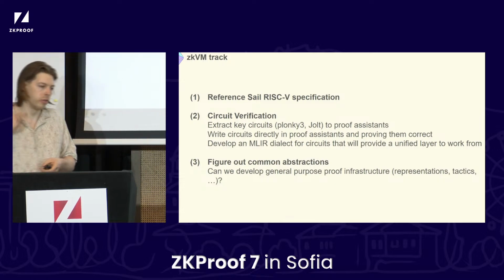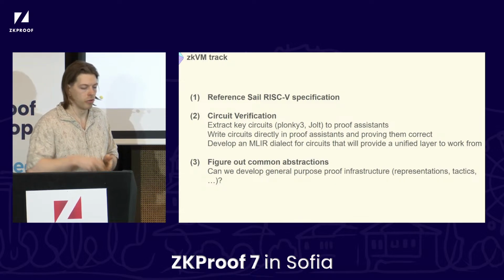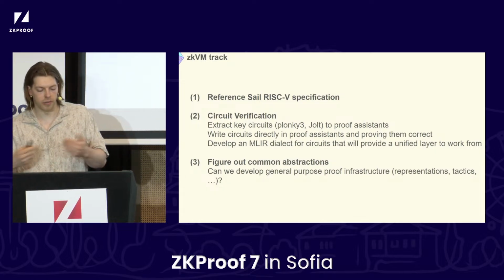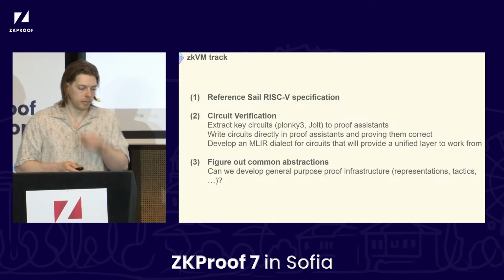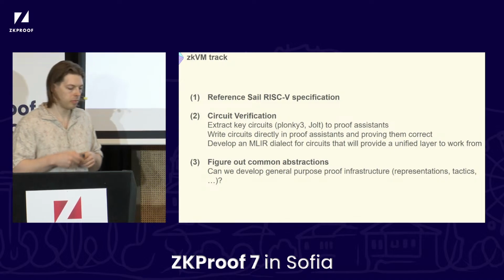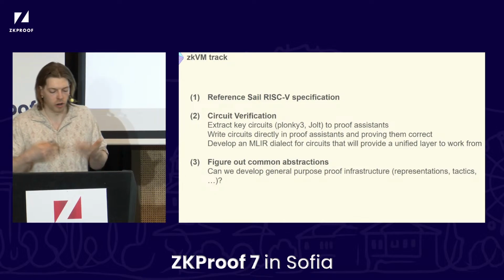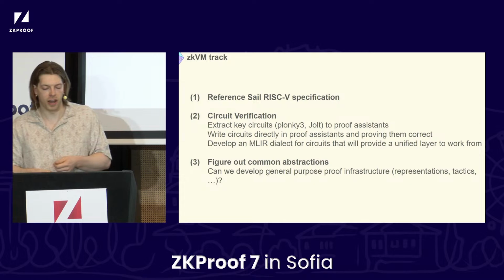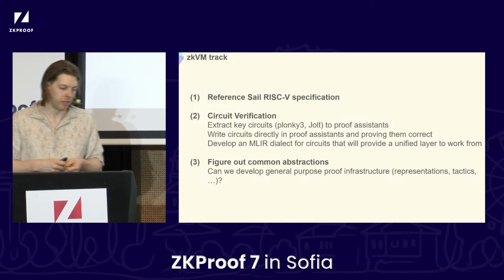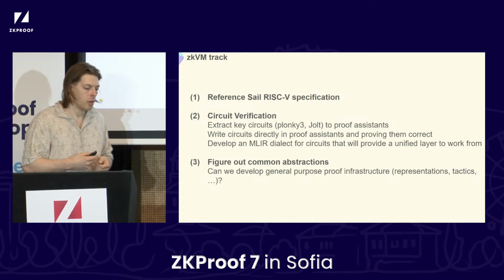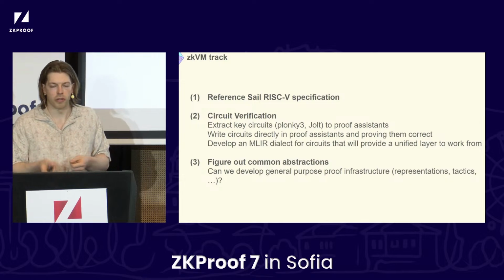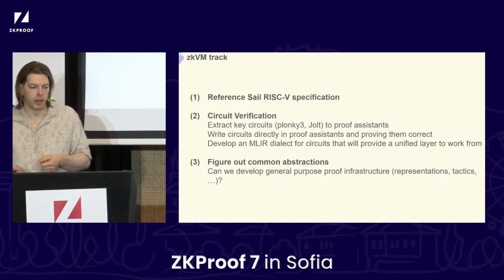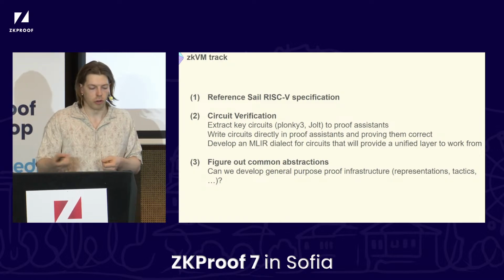and hopefully it means that if someone later on decides to do a new circuit DSL, from the start they can think about compiling down to that MLIR dialect and benefiting from all the tooling that will be going on around this. Hopefully it enables people to write circuits in an easier way because they don't need to optimize them by hand as much, benefiting from whatever optimization passes we develop at that IR level. But it also allows us to embed with a lot of efforts that are going on with verifying MLIR dialect semantics in proof assistants like Lean, which is also doable in Rocq.